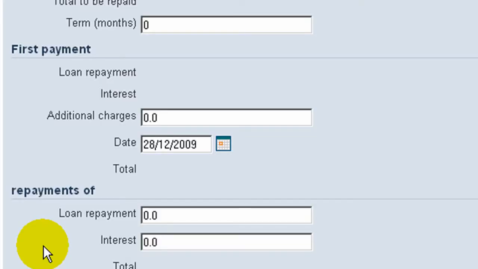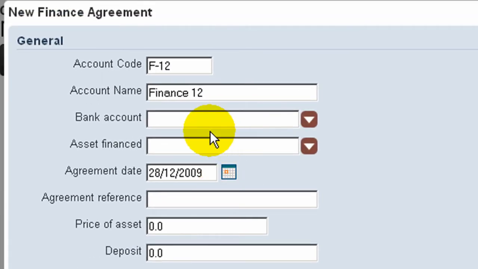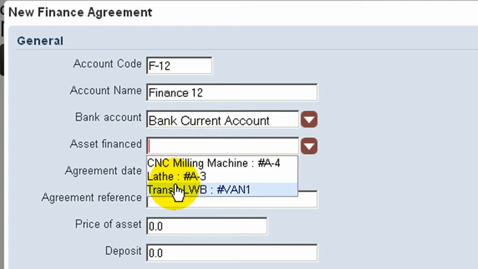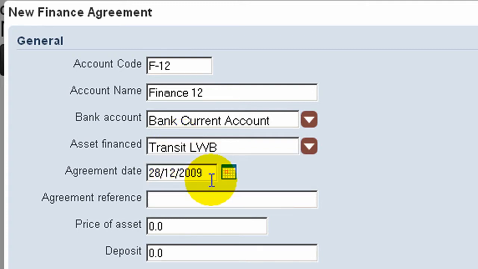Similarly, with a new finance account, in this example we are creating the finance account relating to the company van asset that we just set up. Enter the bank account from which the repayments are taken, the asset being financed, the agreement date and reference, the residual balance of the finance left to pay,